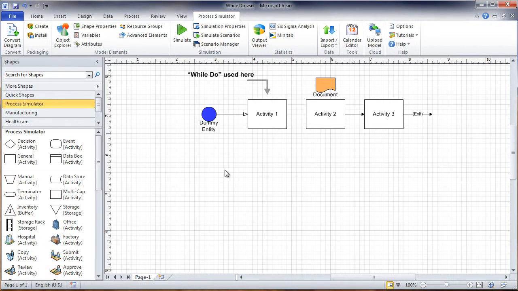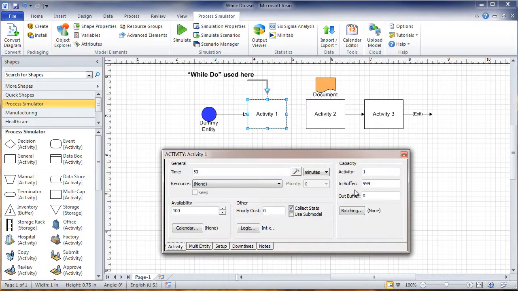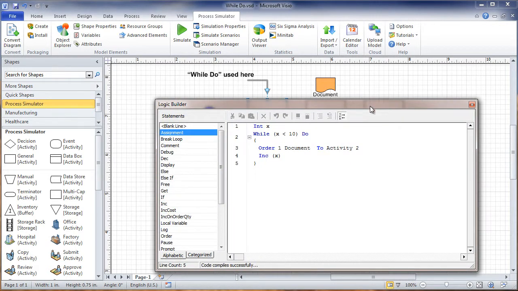true. In this model, we have one dummy entity arriving every hour for 10 hours into activity 1. And within the activity 1 logic, we will use a while do loop to order 10 documents to activity 2. So let's go into the activity 1 properties by right-clicking on activity 1 and clicking on properties. And our activity 1 dialog box will open up, and we'll click on logic, and our logic builder will open